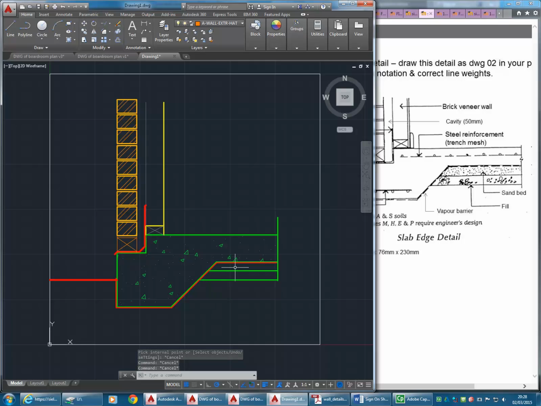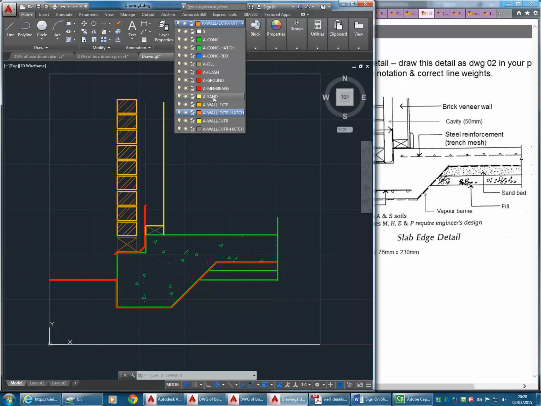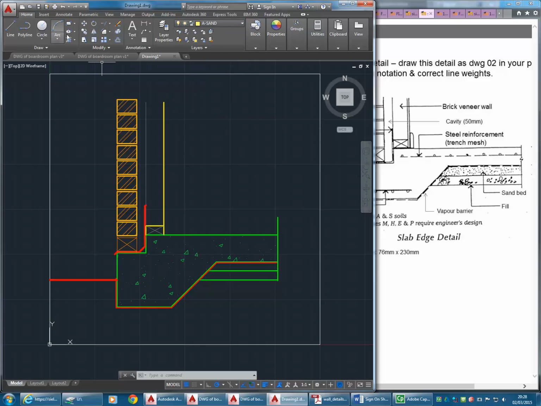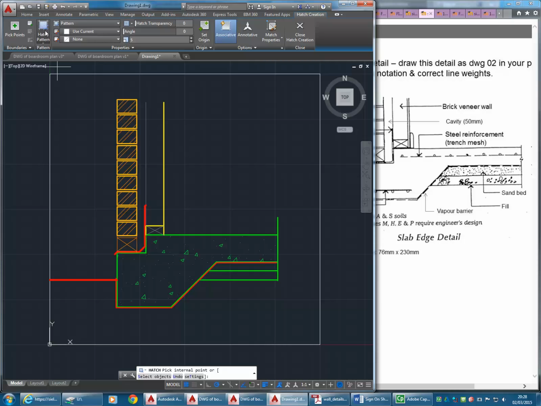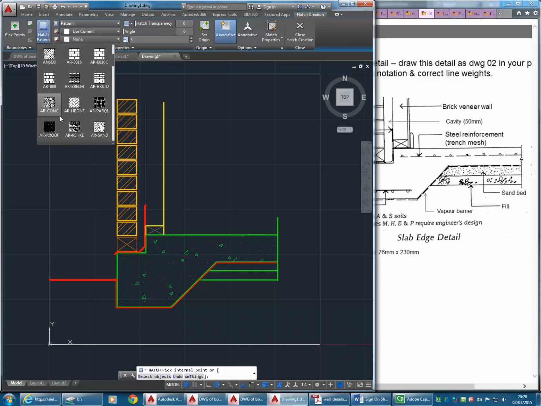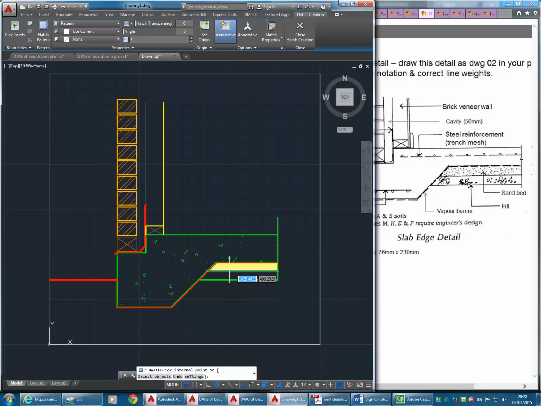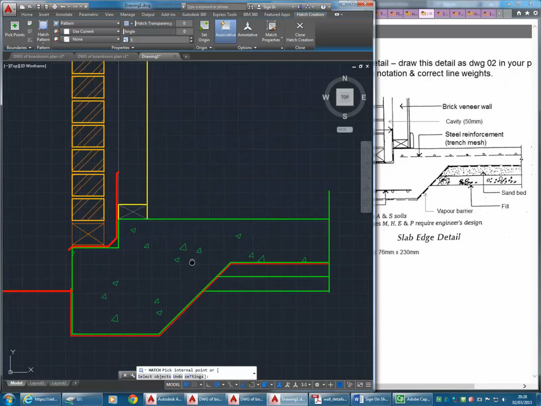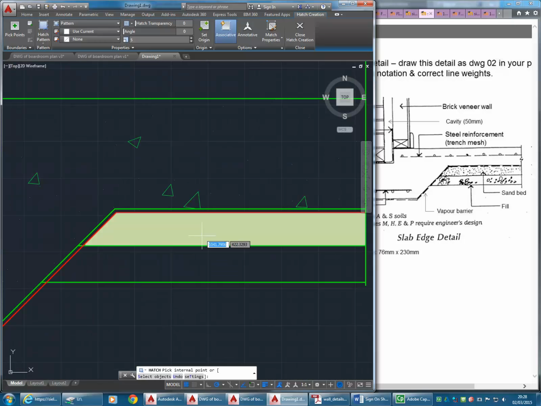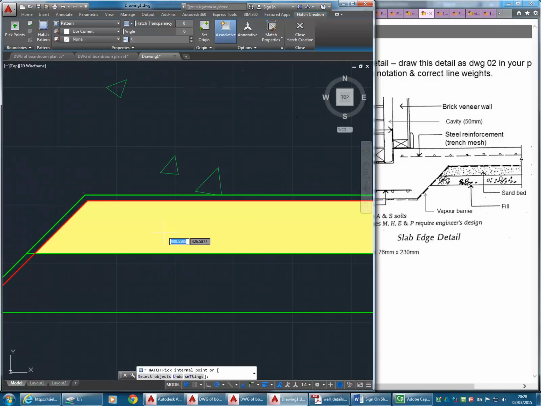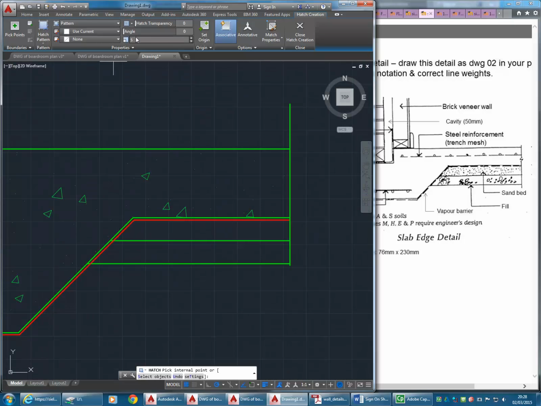And so again here the sand and the fill can use the same approach. So I've got a sand and a fill layer, and I might just do the hatches on those layers for now. So again here in your hatch patterns you do have a sand hatch. Sand is a bit of a funny one because if you do it too small it's just far too dense. So I'm going to change that to say 25,